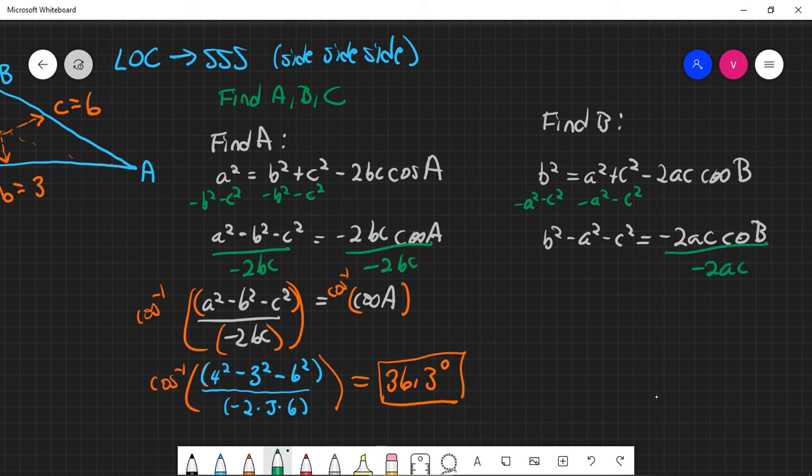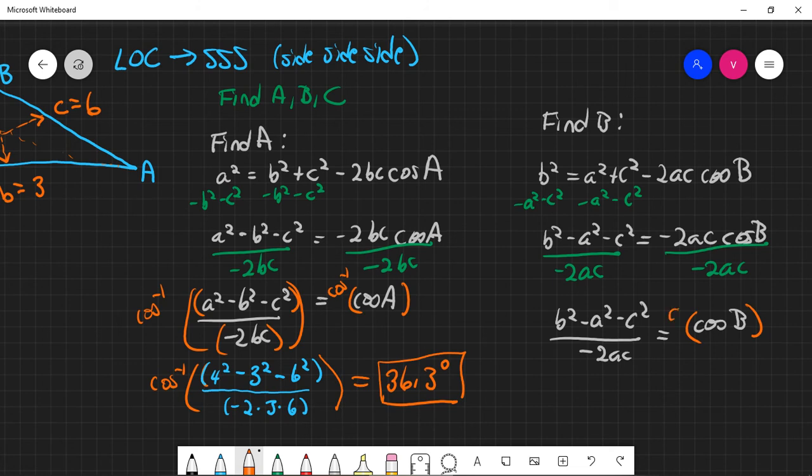Get rid of the negative 2AC. Okay, so yeah, I missed an S there for cosine. Okay, so it's going to be B squared minus A squared minus C squared all over negative 2AC is equal to cosine of B. And then again, you're trying to go for the angle, so you got to undo that cosine there in front of it. So do a cosine inverse on both sides. Okay, so you have a cosine inverse of, now here it comes,